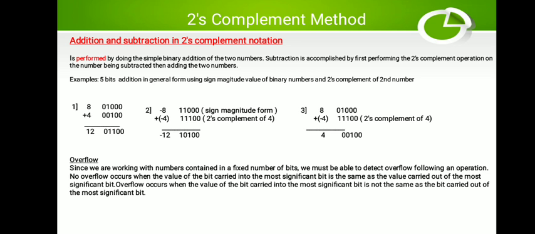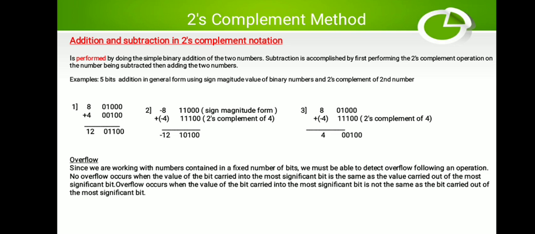Then the next number is minus 4, so minus 8 minus 4 should give us what? Minus 12, which means there should be no carry bit when we carry out the subtraction by the 2's complement method, which is the alternative addition method. We will take the 2's complement of the next number, and whatever number it yields, minus 8 minus 4 should actually give us minus 12. How will minus 12 be indicated? It will be indicated by no carry. When there is no carry, it means it is a negative number.